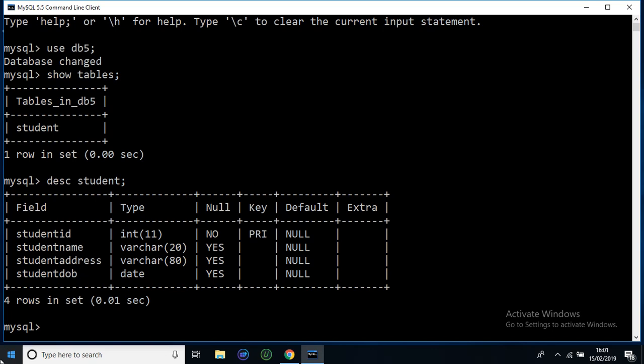Now we have to insert null record in this table. So insert into table name student. Now values. Now the first value for the first record, so the first value will be 108. Now comma, then student name. Now student name null. Now comma, student address Delhi. Now dob,